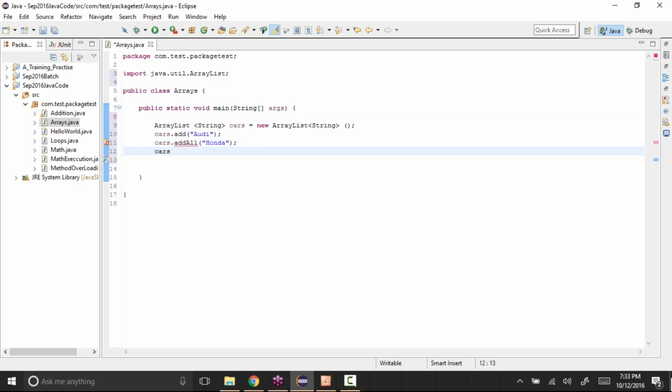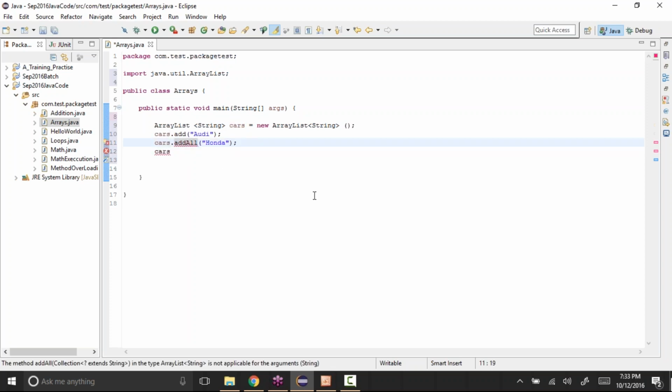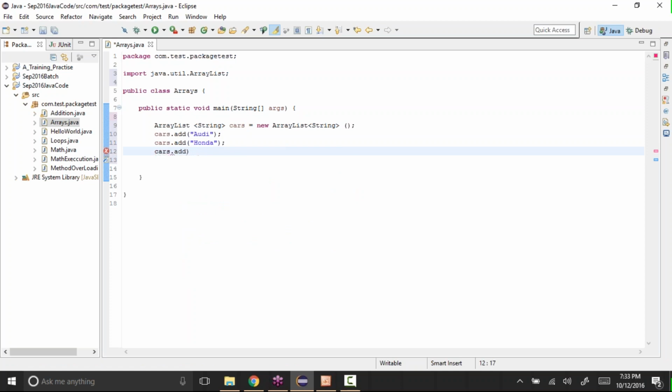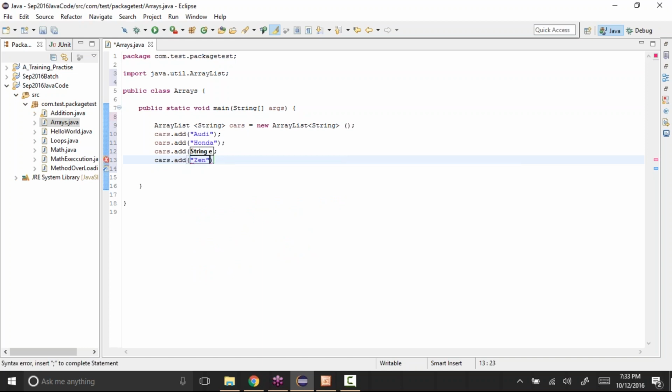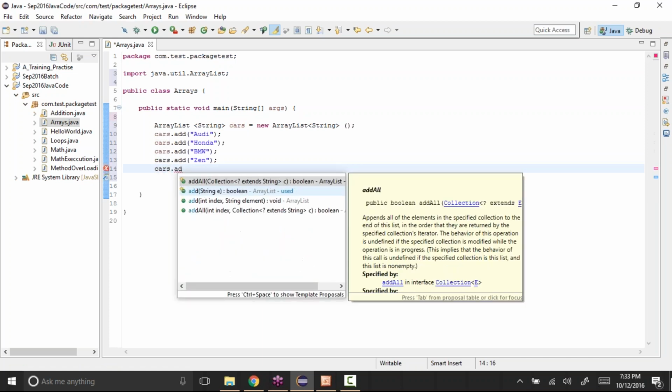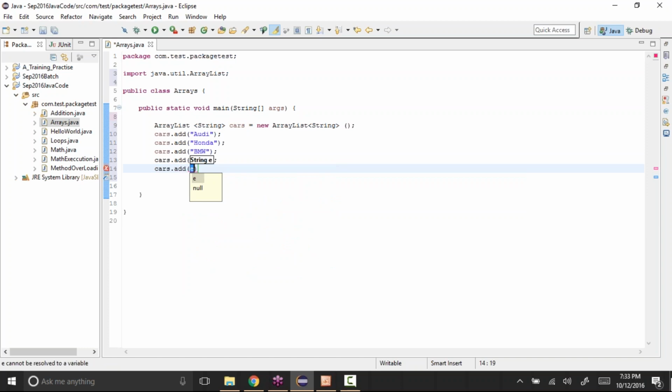Then cars.add, let's say BMW. Then cars.add, let's say Zen. Then any number of values, cars.add, let's say Acura, something.